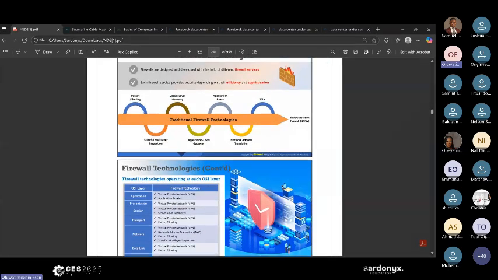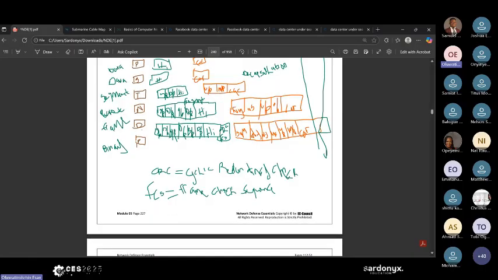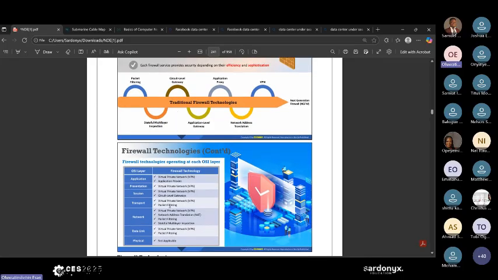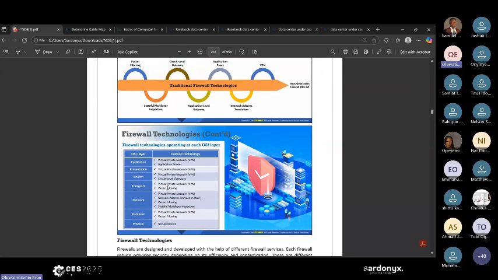Okay, so when I'm talking about packet filtering now, you should know that I'm talking at the transport layer, right? Packet filtering happens at the transport layer, even though packets are at the network layer, because the filtering has to do with ports. It doesn't really filter based on packet. It filters based on IP and ports. And which layer has IP and ports? Of course, the transport layer. The packet rather has IP and port, but this filtering is happening at the transport layer. Then we have the stateful multi-layer inspection.